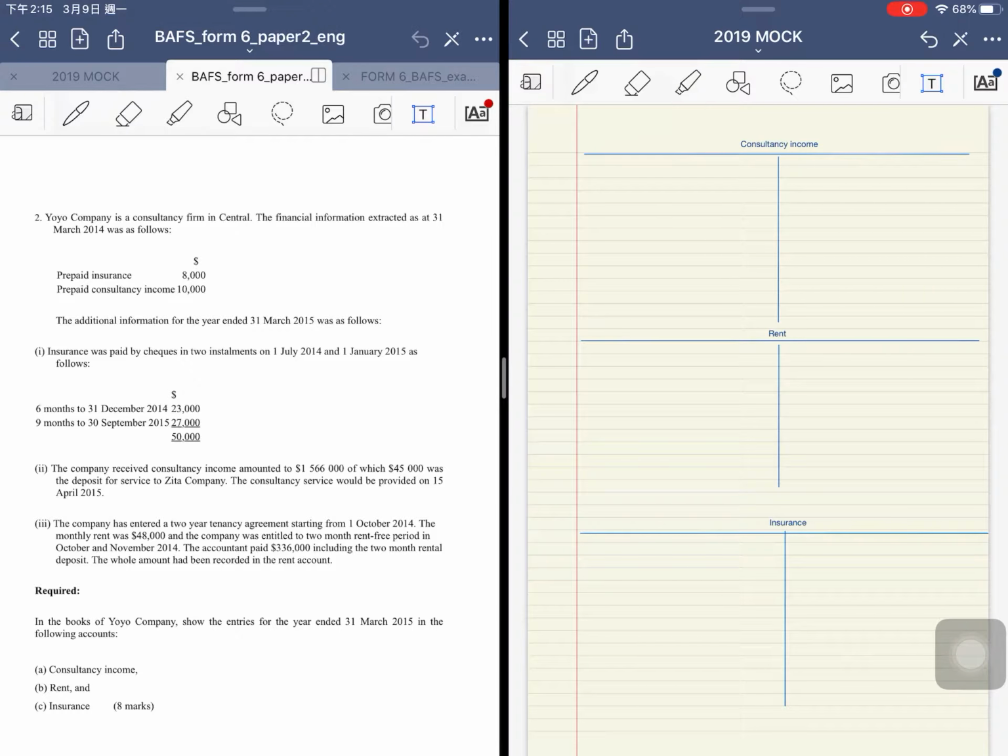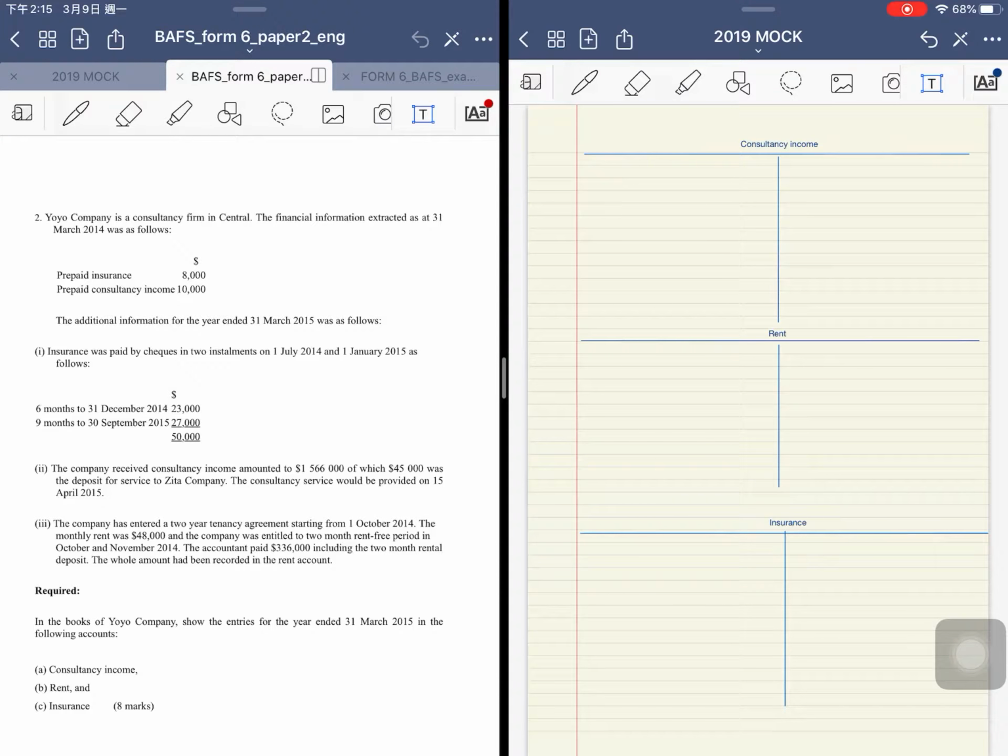Okay, so this is the 2019 mock exam paper question 2. With this question, I would like to test your knowledge of accruals and prepayments. We have learned this chapter in Form 4, and it mainly talks about